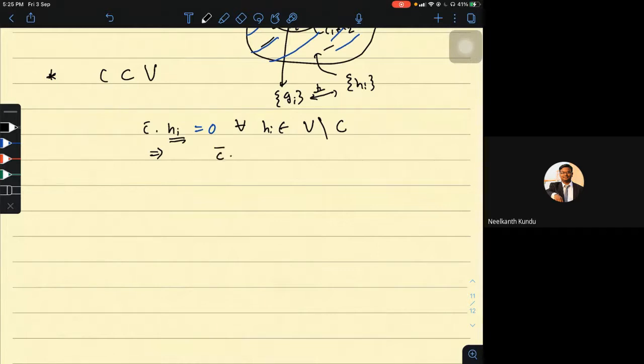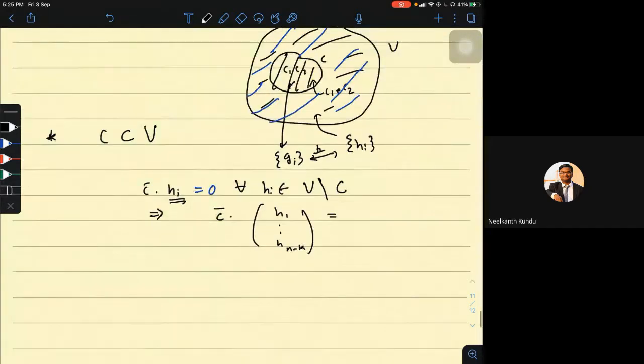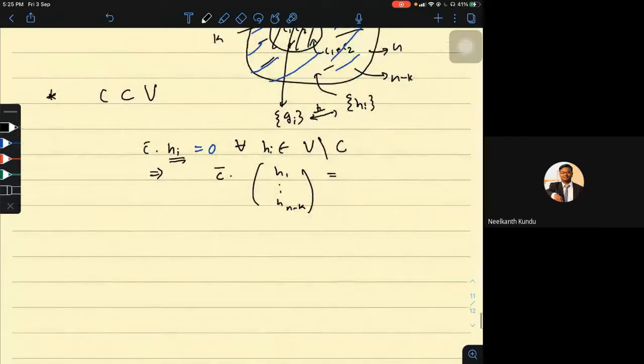I can write C times h1 till h whatever the dimension is. Usually n minus k is the dimension of the dual space. Since the code space is k and the full space is n, the dual space will have n minus k dimension. So I have the code vector times this